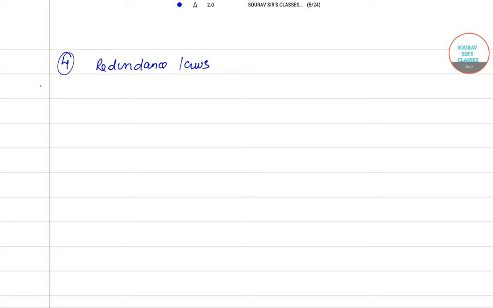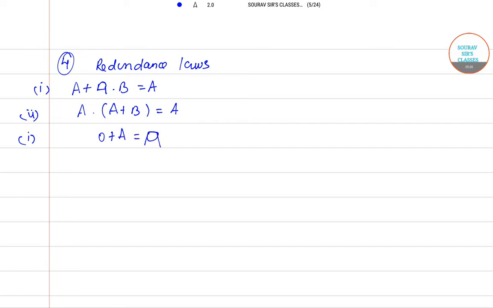So 1: A plus A into B is equal to A. A into (A plus B) is equal to A. 0 plus A is equal to A. 2: 0 into A is equal to 0, this is plus only. 1 plus A is equal to 1, this is into, then you have